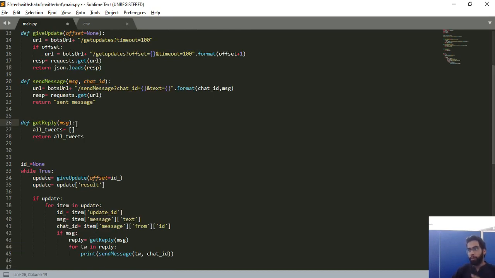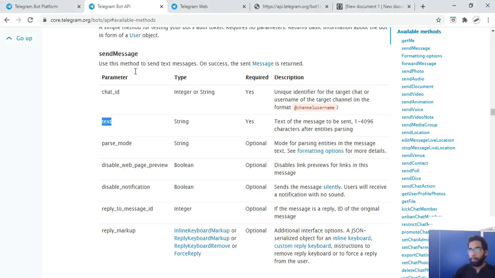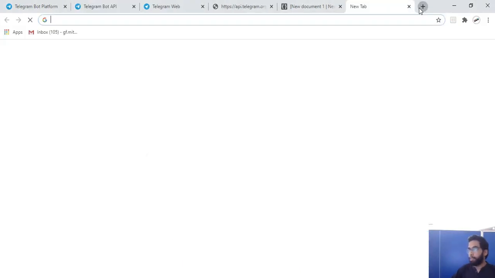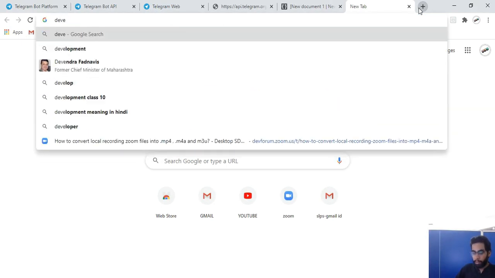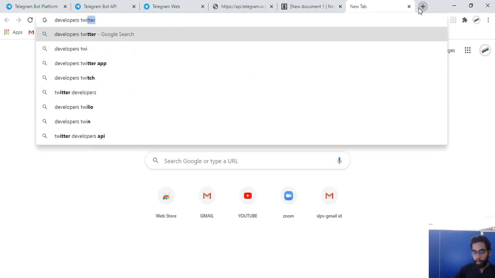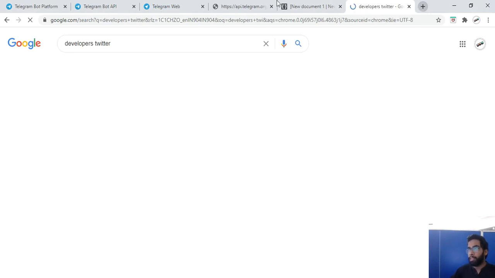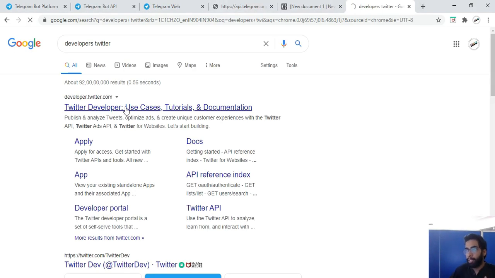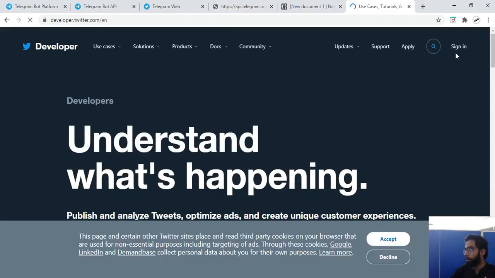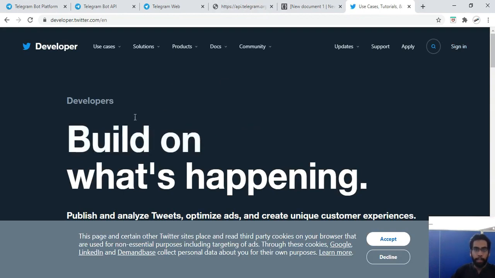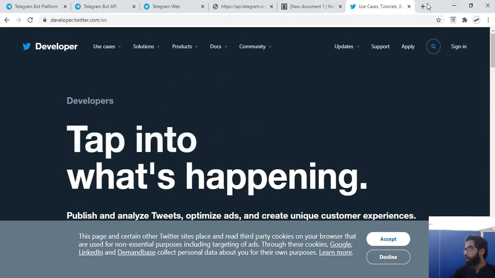Okay, what I want to do is search on Twitter. Now Twitter has a cool platform called the developers.twitter portal. You can use this to create apps, and you can create an app over here. You just need to sign in, create an app, and you'll get something known as tokens.